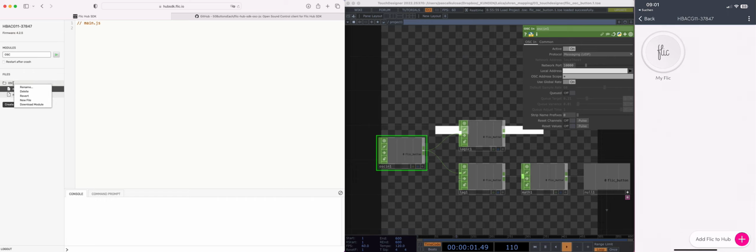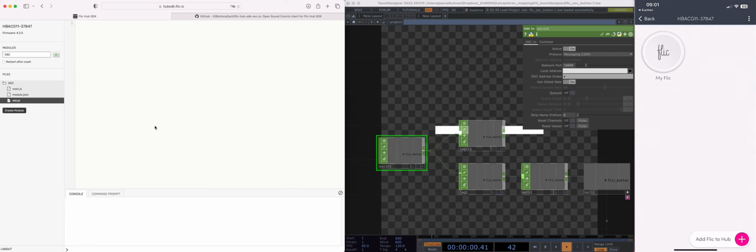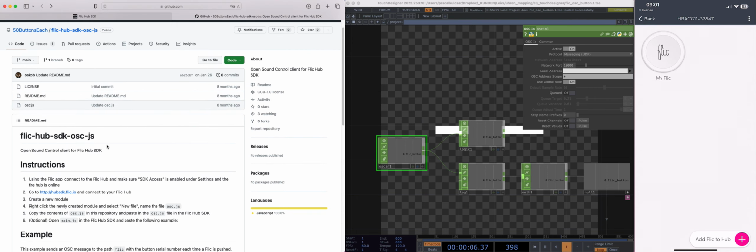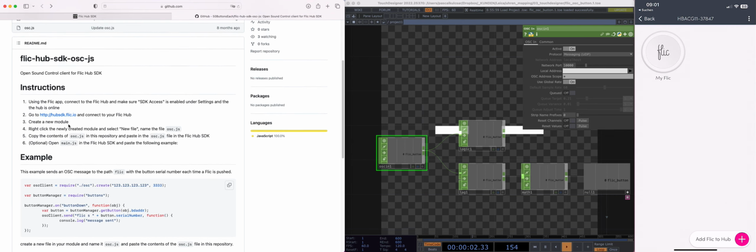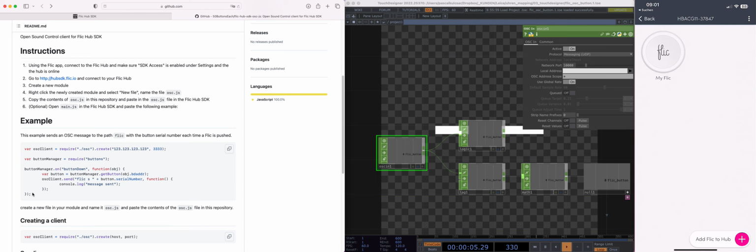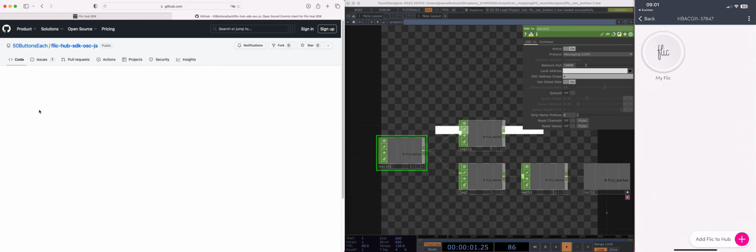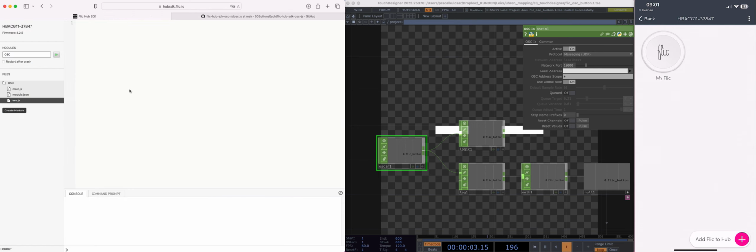Okay, so now there's a main JavaScript and module JSON, and you also, for that to work, need to right-click and create a new file, and you call that osc.js. Okay, and then there's a GitHub library, where there's all the code that you need, but we need to change it a little bit. So this should go in the main JavaScript, and then there's the OSC JavaScript for the OSC that goes over there. So quickly said, we need to copy that one, put it in here,